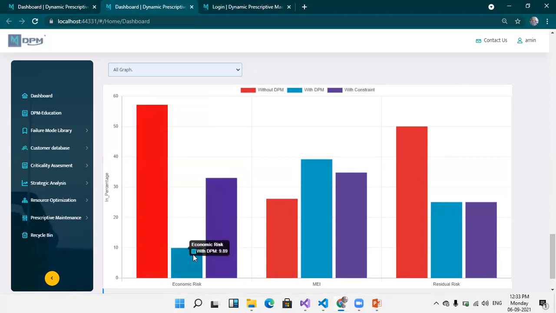If there is a significant difference between the economic risk, then we do recommend to carry out the DPM RCM process. But if not significantly different, then there is no need to do DPM RCM. We will not advise it. The third, purple colored one is the interesting one. The constraint management. Now, practically speaking, in a plant there will be some constraints. Whenever a maintenance task is there, there would be some problem.